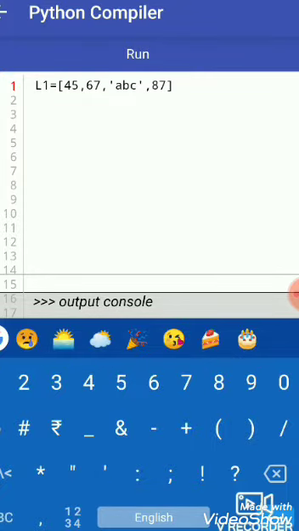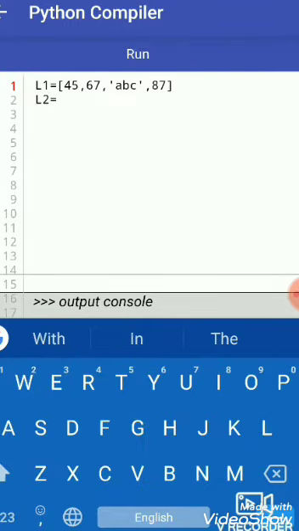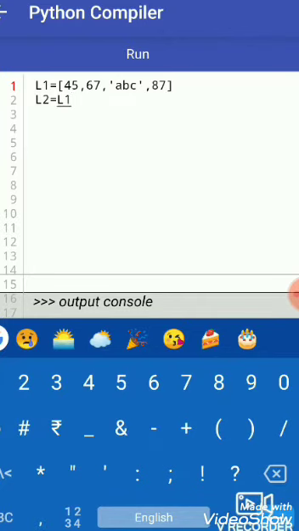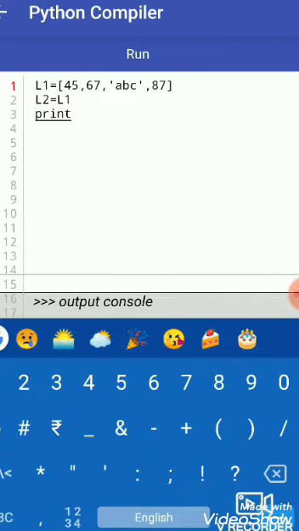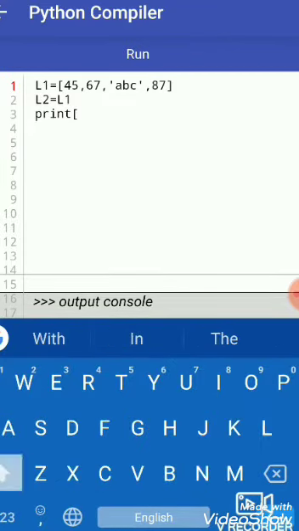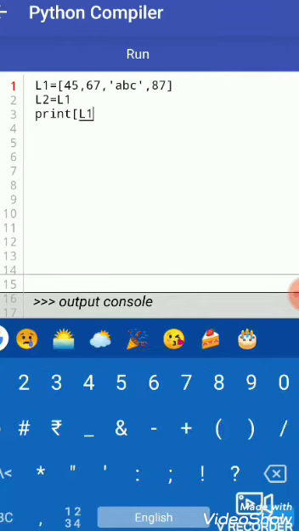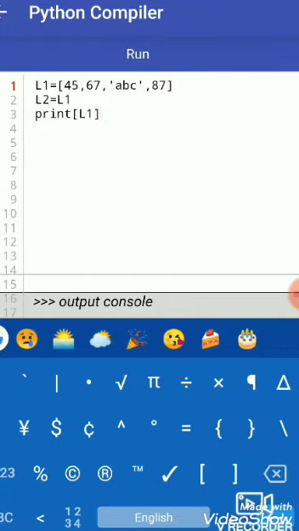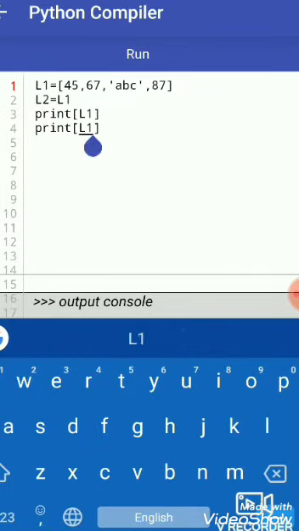For making a copy, L2 equal to L1. So let's print L1 and also print L2.